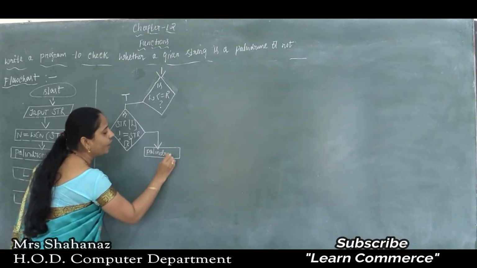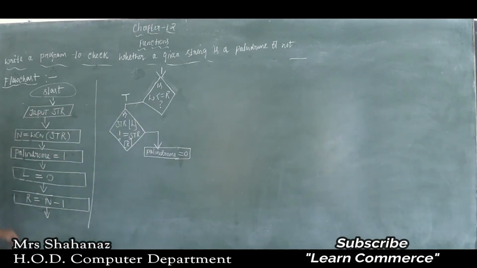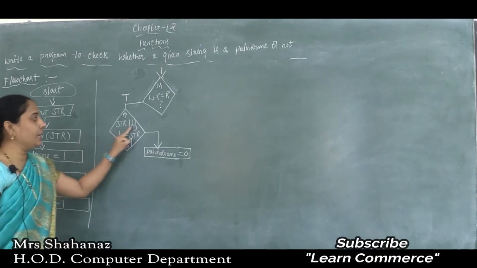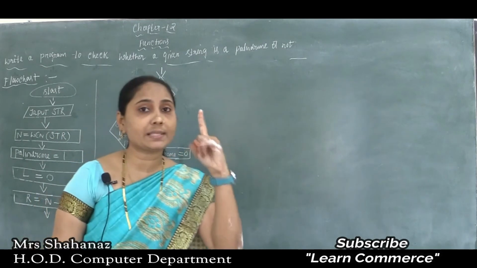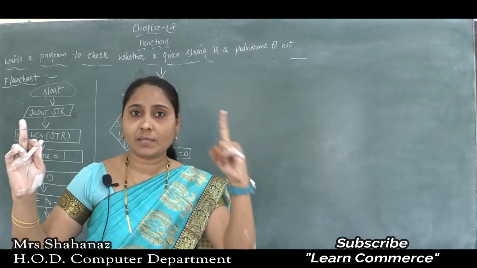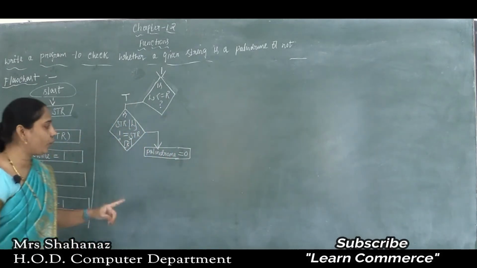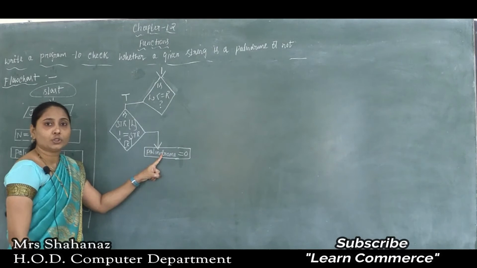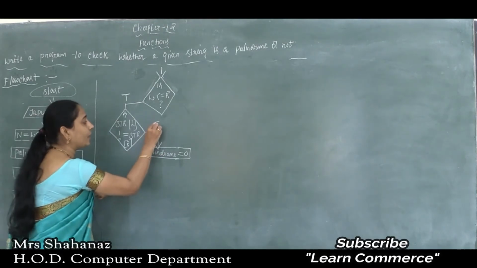Am I right here? So we can say that it depends on the value. If palindrome value is equal to 1, that means the given word is a palindrome word. But the left value when you match, for example, class: the left value is C, the right value is S. Whether C value is equal to S? No, the C value is not equal to S. If it is not equal, at that time we need to show palindrome value is equal to 0. Clear this point here? The palindrome value is equal to 0.